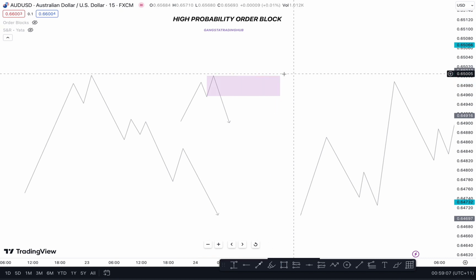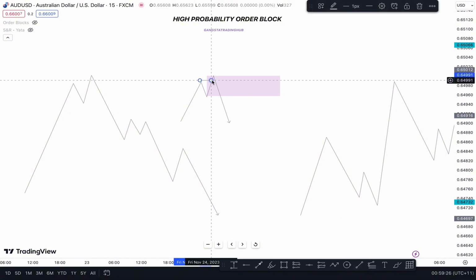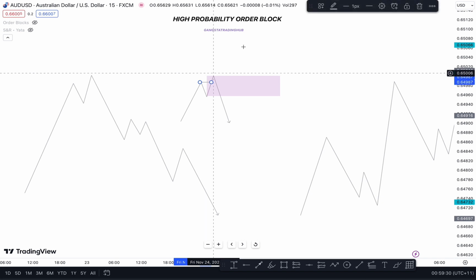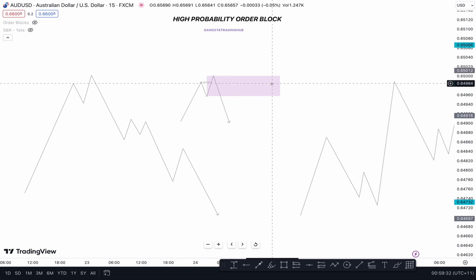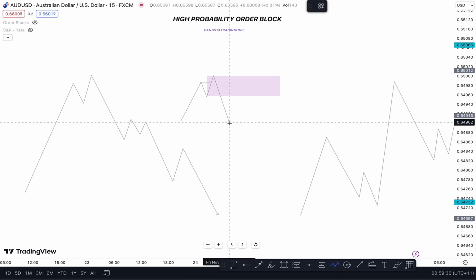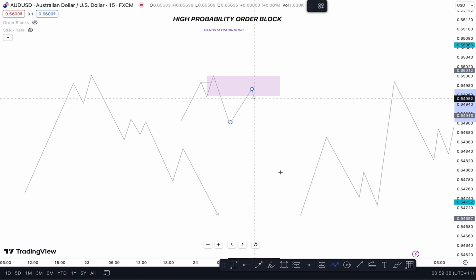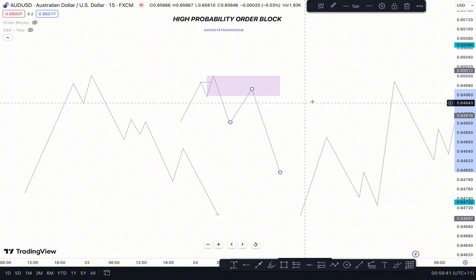Why? Because liquidity has been taken out here, right? If you observe here, you will see that liquidity has been taken out at this point. So what we'll do is we'll mark it as our high probability order block in the hopes that price is going to come back in the future and tap on this order block and continue trading to the downside, right? Conversely,